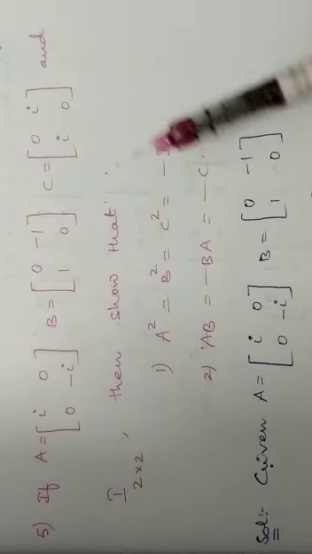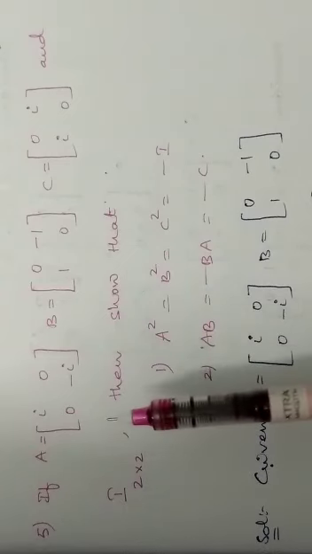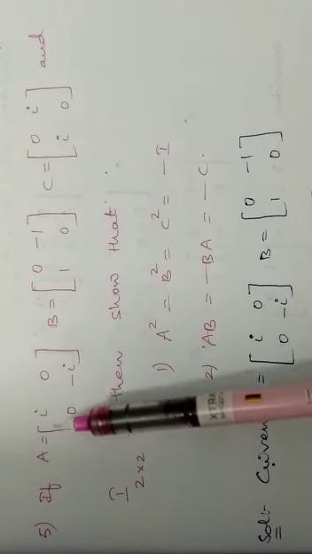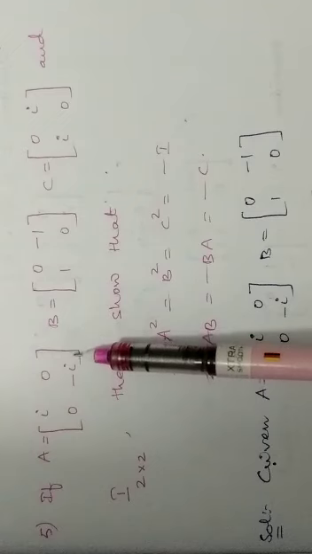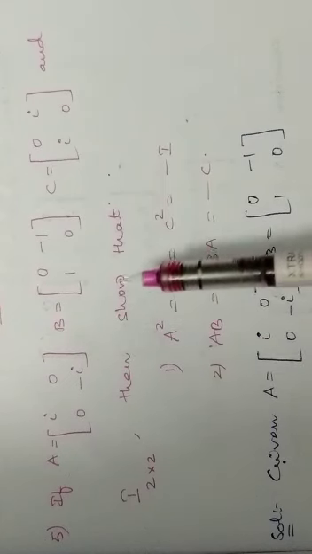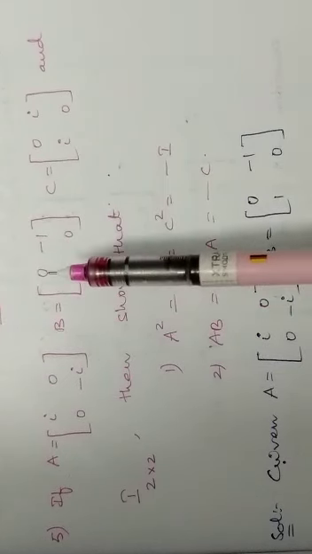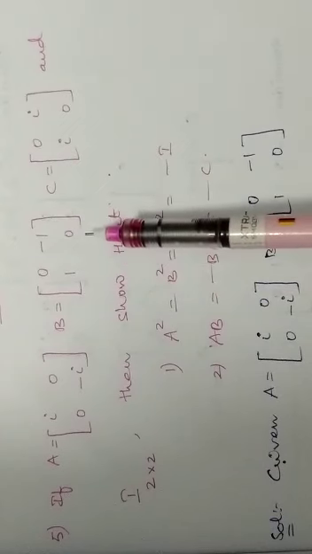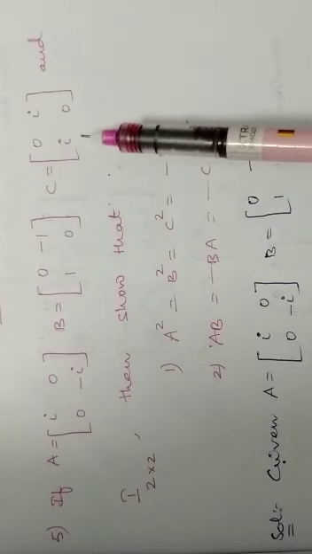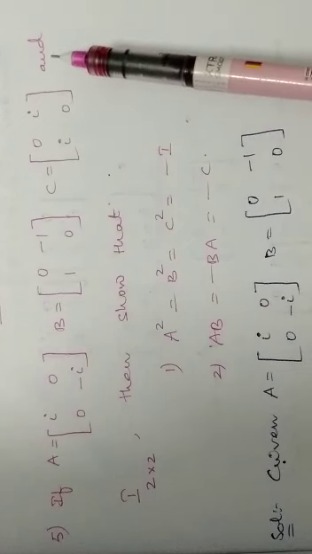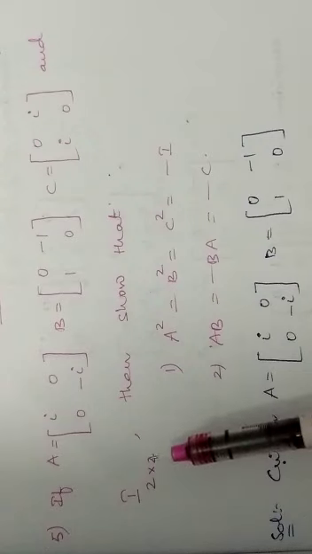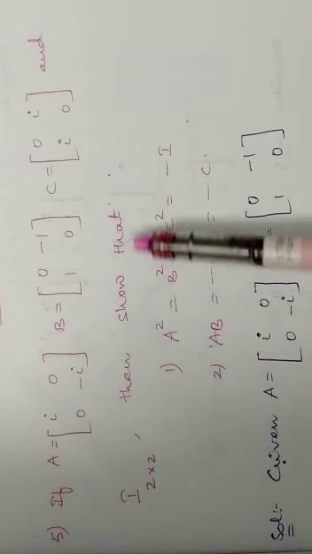Now we do this problem. If A equal to the 2 by 2 matrix [i, 0; 0, minus i], B equal to [0, minus 1; 1, 0], C equal to [0, i; i, 0], and I 2 by 2, then show that